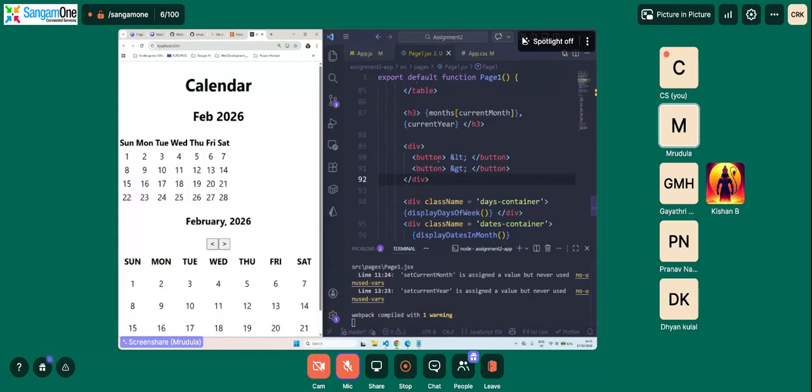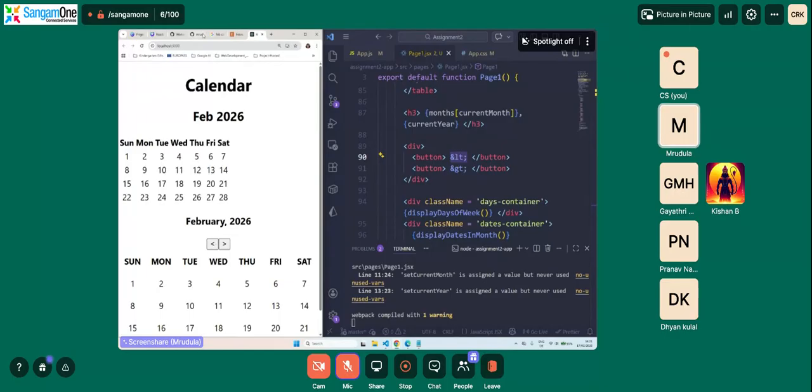Here what I did was I added a button. The button for left is called ampersand LT semicolon, and for the right is ampersand GT semicolon. So we need to make it clickable.